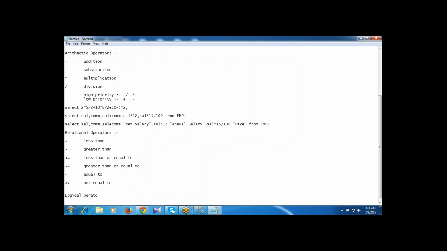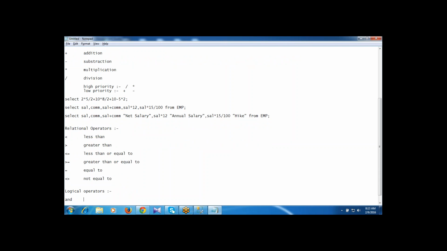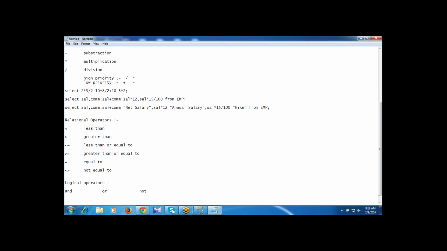Logical operators: logical AND, OR, NOT. In case of the logical AND operator, all conditions must be true; then only it returns the true statement. First condition should be true, second condition should be true, then only the result will be true.